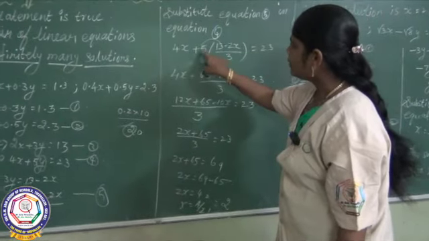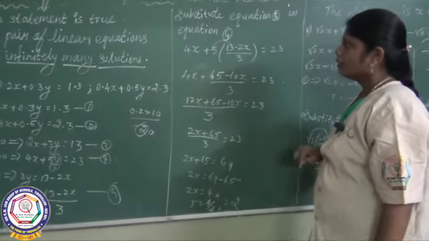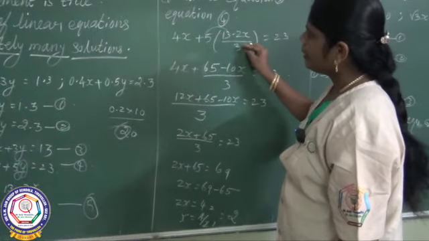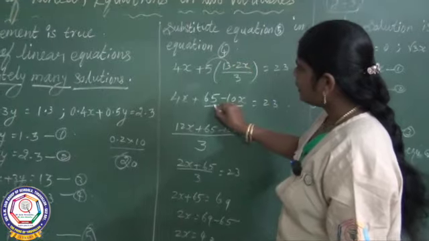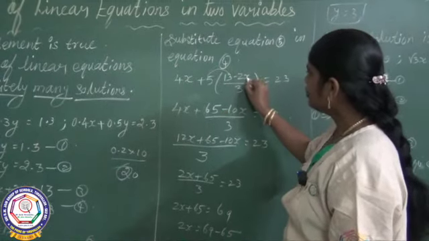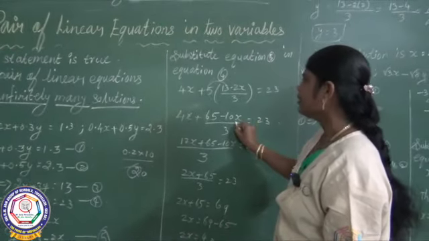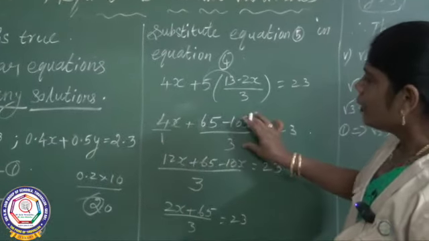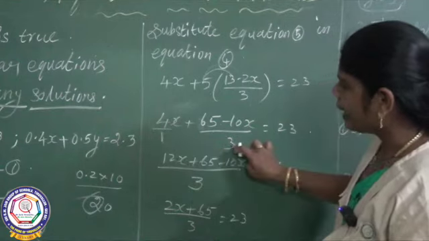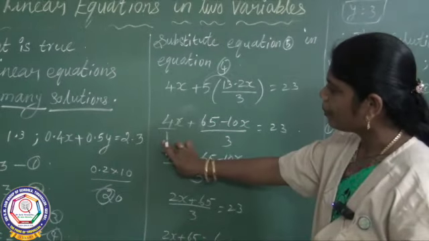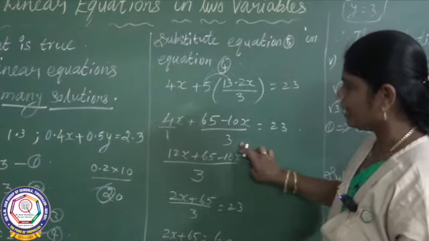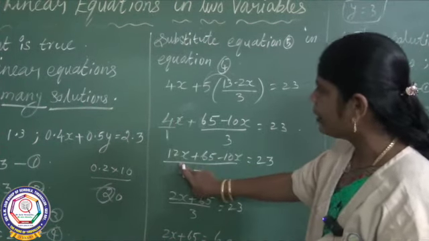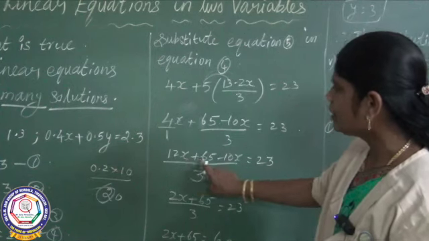We can't cancel this numerator and denominator. So you multiply the terms, after that you divide by 3. So 5 into 13, 65. 5 into minus 2x will get minus 10x. See here, this is a whole number but it is a fraction, so you have to take LCM. Here the denominator is 1, here the denominator is 3. So LCM is 3. So 3 into 4 you will get 12. 3 4s are 12x plus